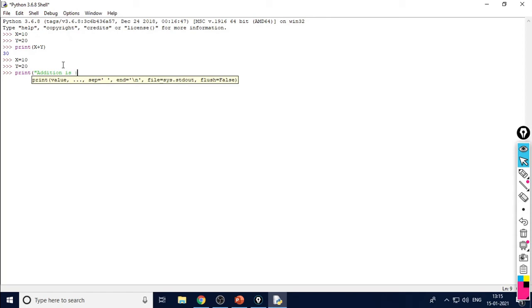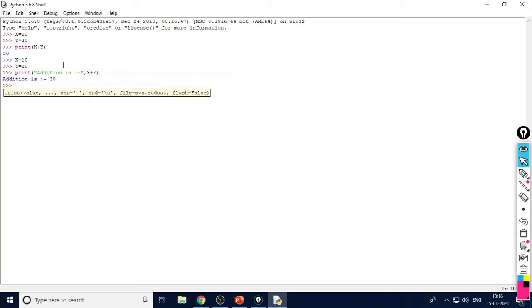You can use a colon, dash, an equal to sign, any sign you want to print in the output, enclosed in quotation marks. Then write a comma. This is the first part, text, and then you write the expression x + y. Close bracket, and here you will get output like this: addition is 30.